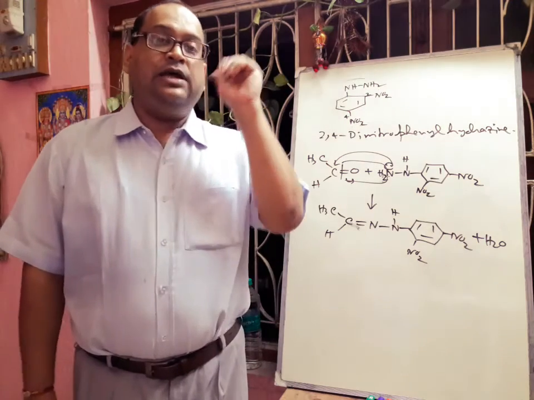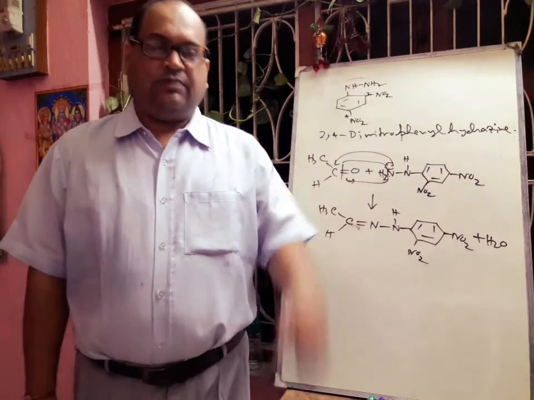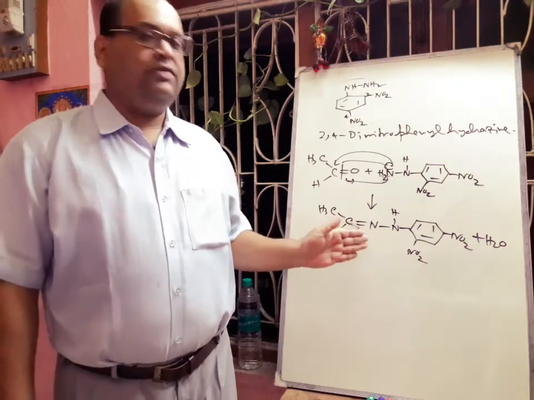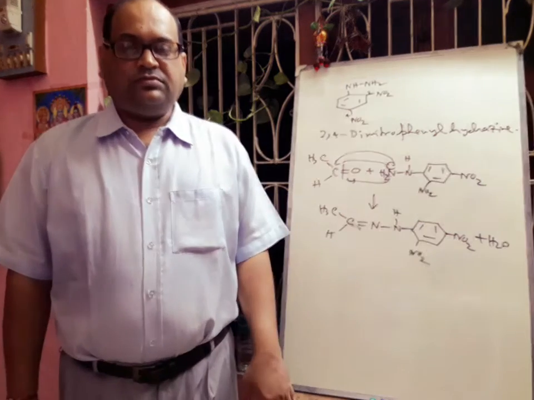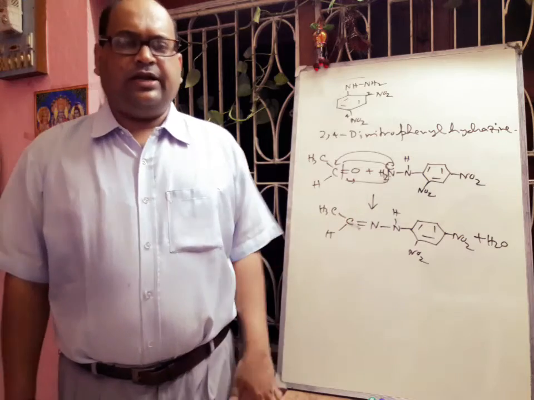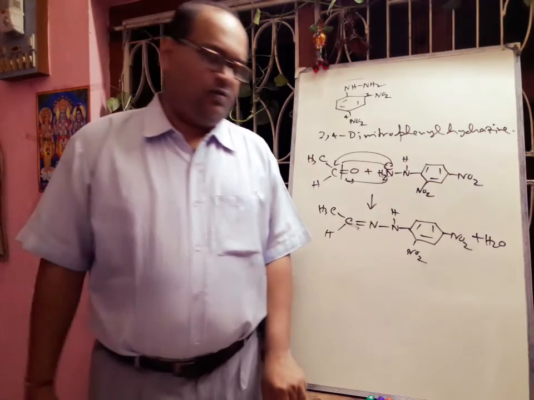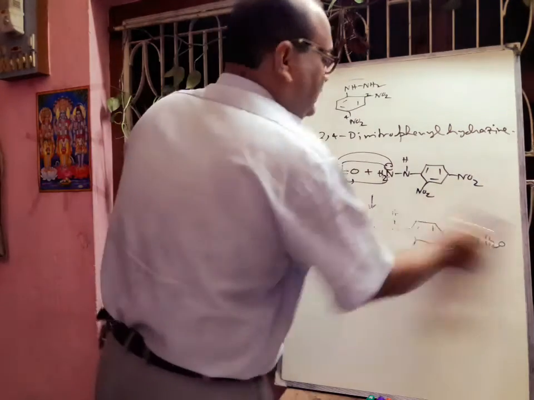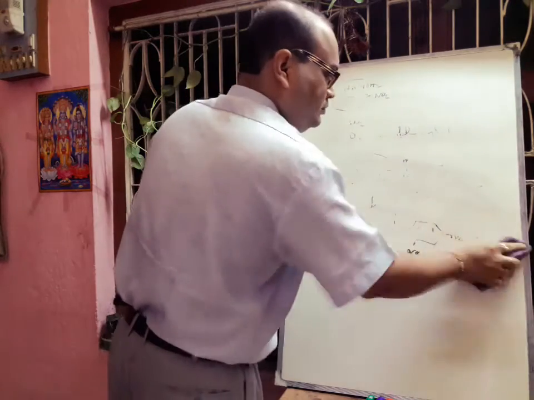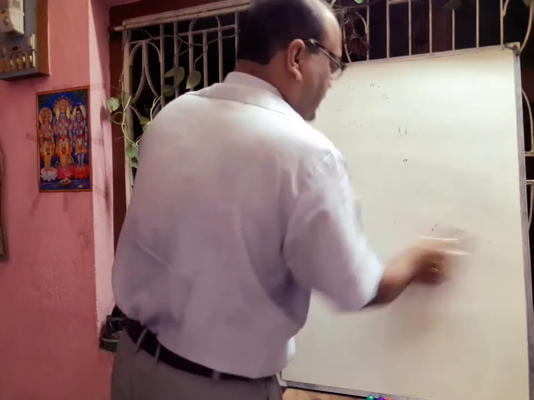So then we have to add a little bit of concentrated sulfuric acid and scratch the glass wall of the test tube. Then we get the precipitate of this 2,4-dinitrophenyl hydrazone, and that is generally orange in color. So this test is very important. If we get a positive test, definitely there is the presence of a carbonyl group. So by this test, the C=O group is confirmed. And this reagent is known as Brady's reagent, which you also have to remember.